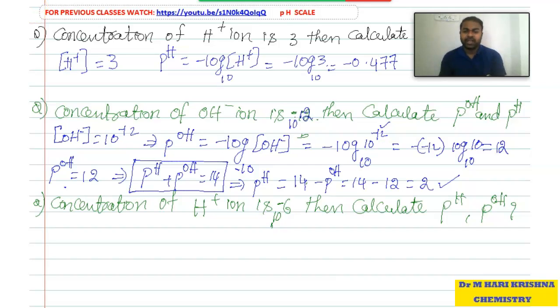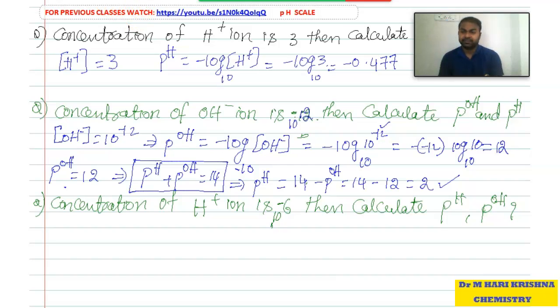So first we have to calculate the pOH based on the OH value. They have given the OH value, so we have to find the pOH value based on the formula. That means pOH equal to negative logarithmic value of concentration of OH minus. So find the pOH value, then we can get the answer, 12. Based on the pOH value we can find the pH also. So what is the formula? pH plus pOH equal to 14. We know the pOH value. Substitute in that equation, and we can get the pH value as 2.